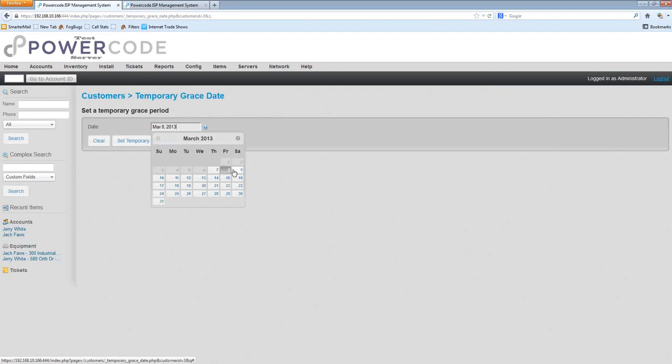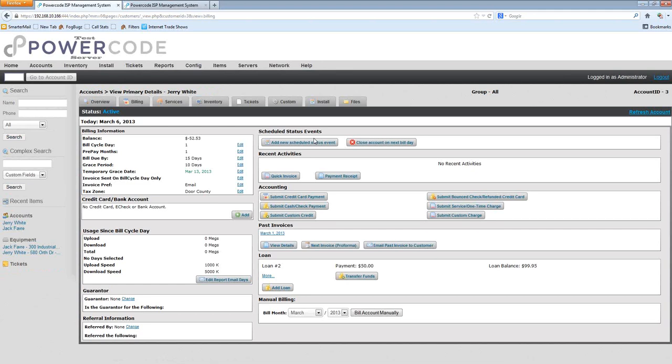So normal or general conversation may go, to the customer, when do you expect to have this money to us? They'll give you the date. If that's good with you, then you just select that date. So customer says they can pay us by the 13th. Set their temporary extension to the 13th. Now this customer won't be set to delinquent until after the 13th if they still haven't paid their bill. And then that'll expire, obviously. So after the 13th, we'll switch them to delinquent. Now they don't have a temporary grace period anymore.